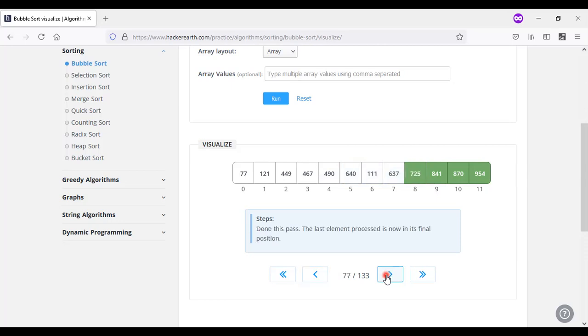Okay. Now take another one, until here it is marked. What it is doing is continuously comparing the elements, whether they are in sorted order or not. It is trying to compare the elements here until you reach the 111, where it won't be specified as a swap. So 640 will be swapped with this one, and then 637 will be swapped. Now it will be marked as a sorted one.